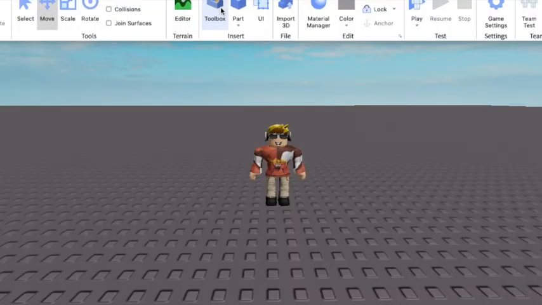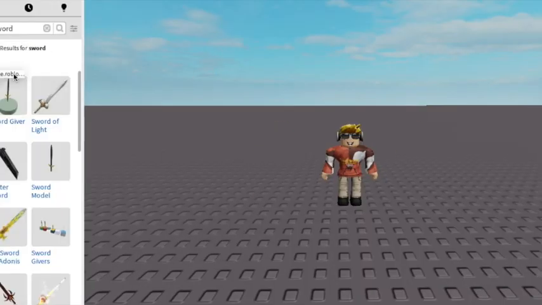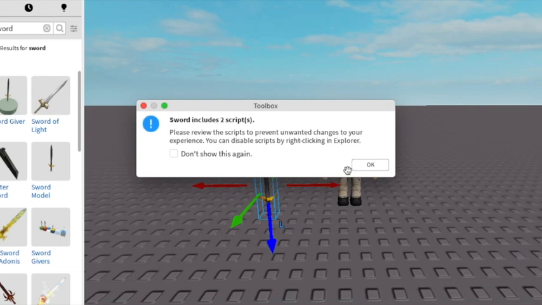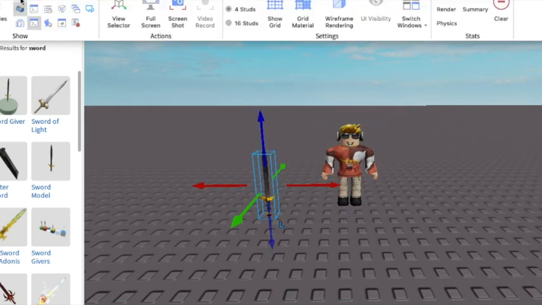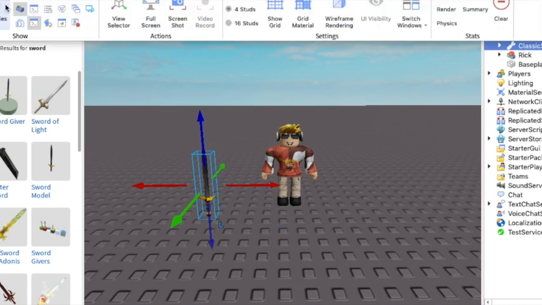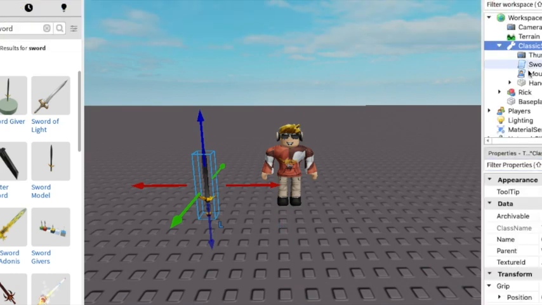You just first have to get the tool you want. I'll just use a sword. I recommend you to use a mesh, but you can also animate models. Right, open Explorer and Properties. Now you can see what mesh you have. Now I do have a